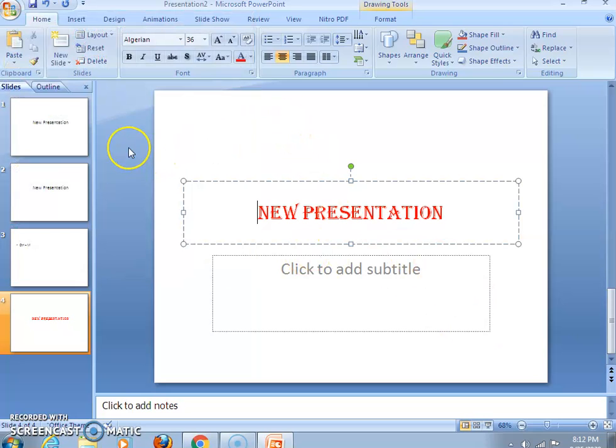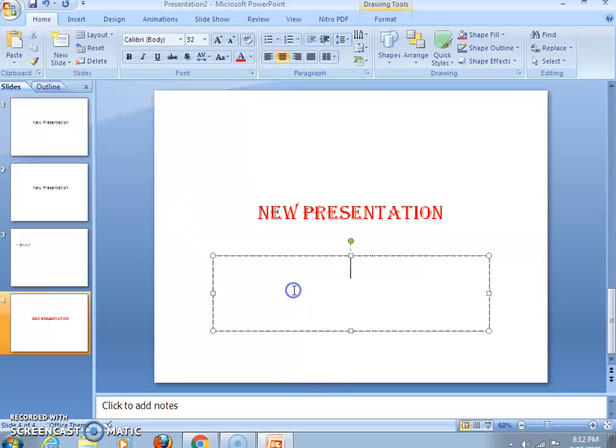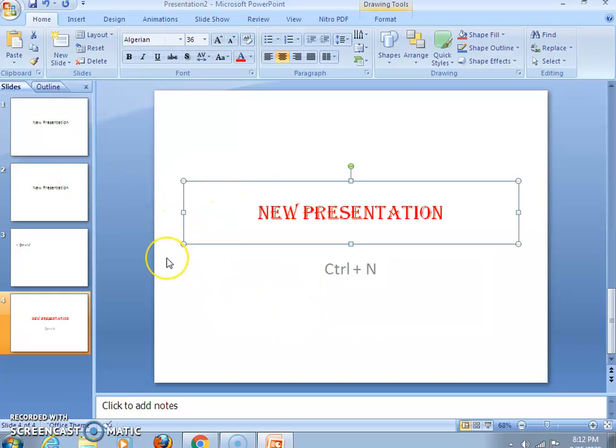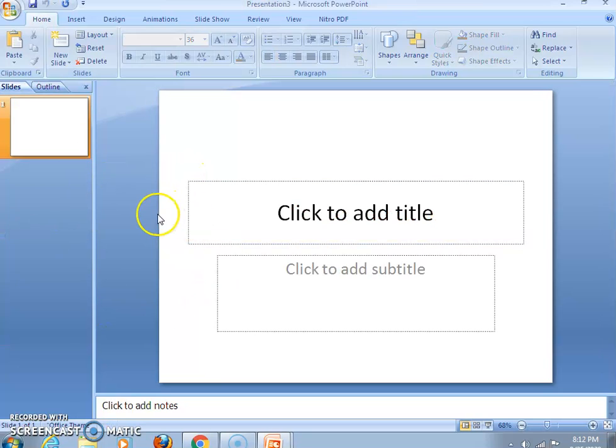Likewise, you can use the shortcut key Control plus N. Again I am telling you, Control N for new presentation and Control M for new slide. Please note it somewhere. Okay, so I am pressing Control N, the Control key and N. You see here, a new presentation is created, a new file is created.